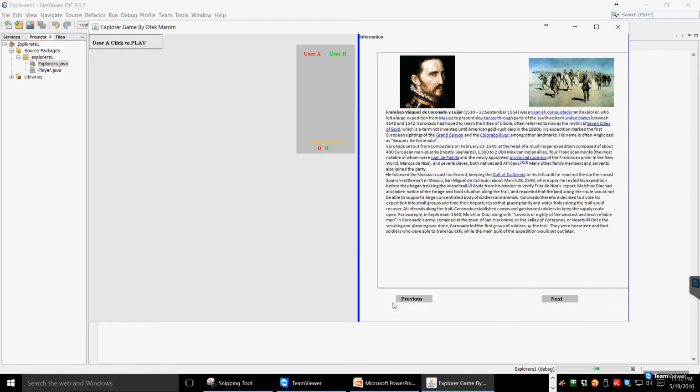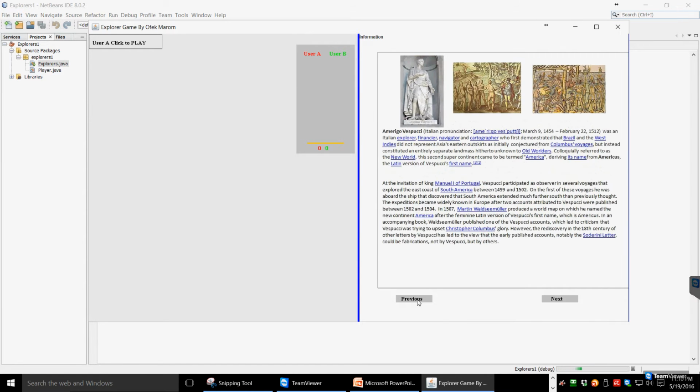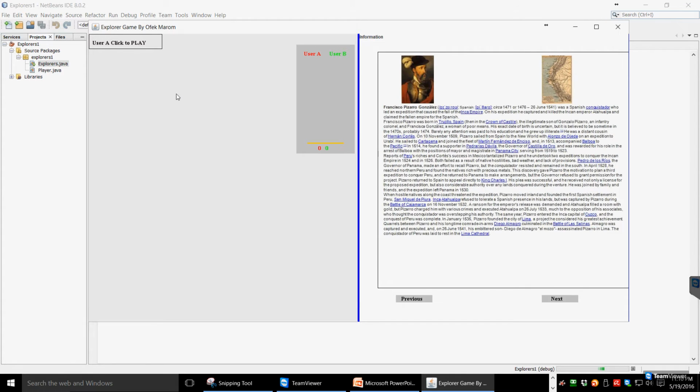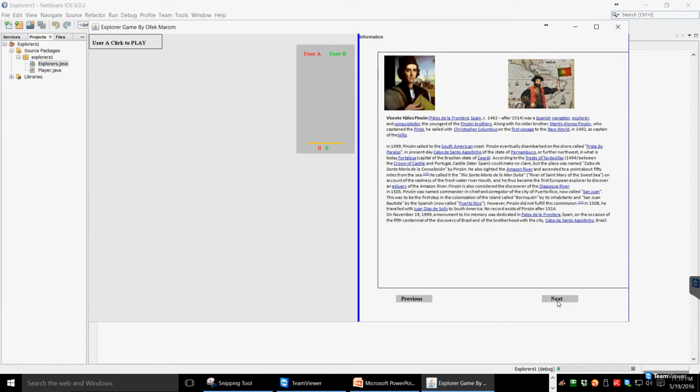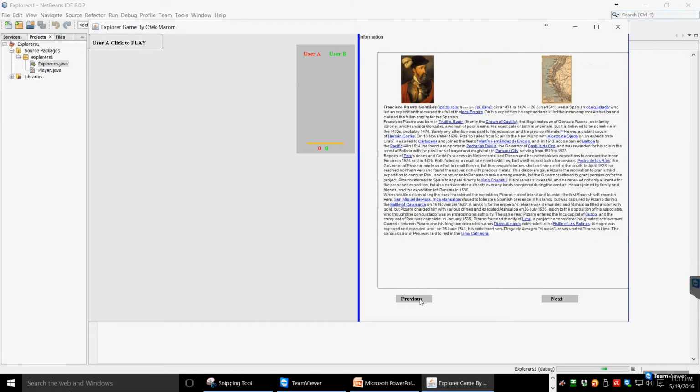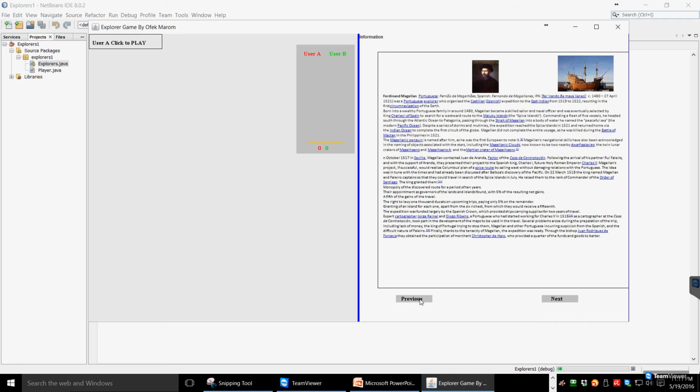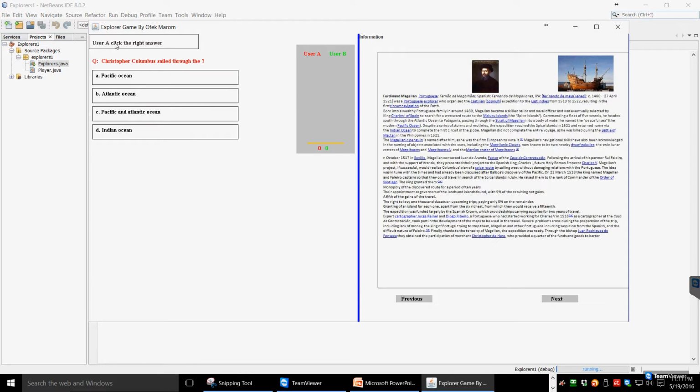As you can see, on the right there's the information for each explorer with an image showing the explorer's exploration route. When both users feel like they're ready, they will scroll through using this button to the next explorer. And if they feel like they need to go back to a previous explorer, they can use this button. Now, when both users feel ready to start the game, user A will click on the top left to play,